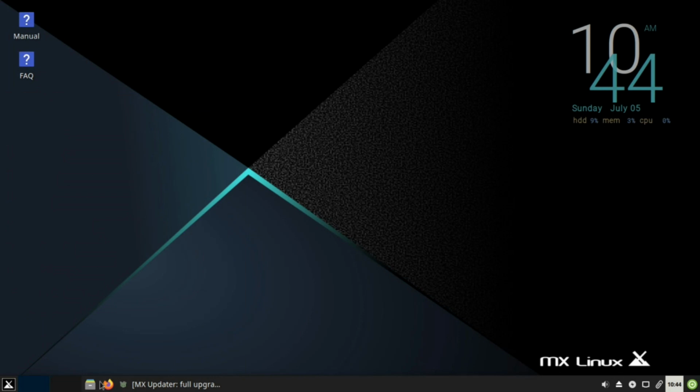This is currently the most popular Linux distribution according to DistroWatch, and that is for good reason. If you are a more advanced user and you don't mind learning a new interface and doing some tweaking of various components and really spend some time deep diving into your operating system and changing everything to how you prefer and learning some of the functionalities of it, I would highly recommend you go with MX Linux if you're at all technically inclined in the slightest. Even if you are good at Google searching different problems or different solutions to things, go with MX Linux. You are going to have a great time.